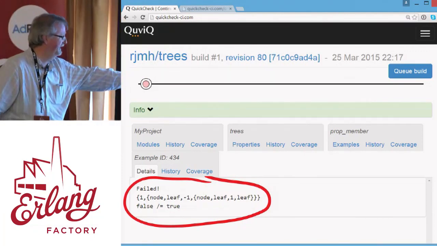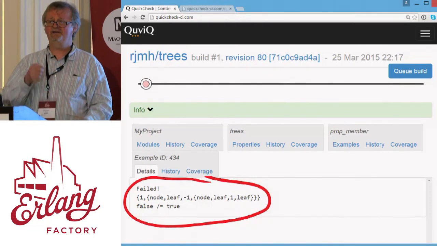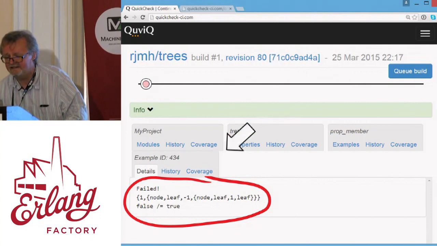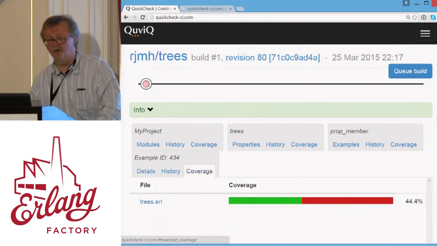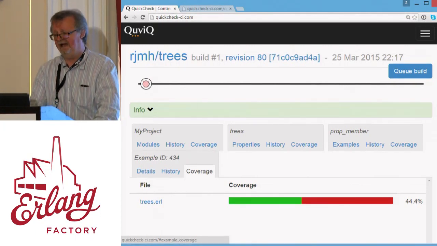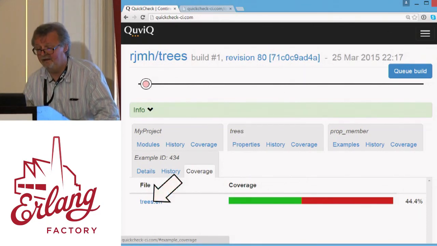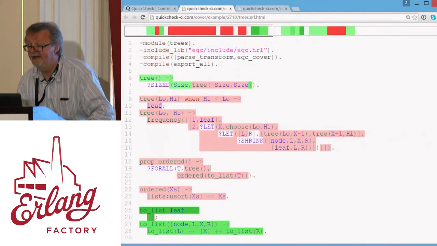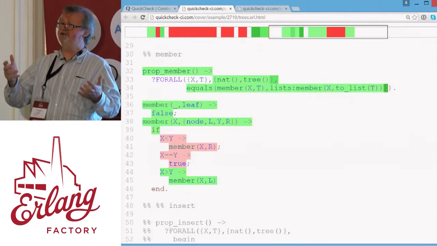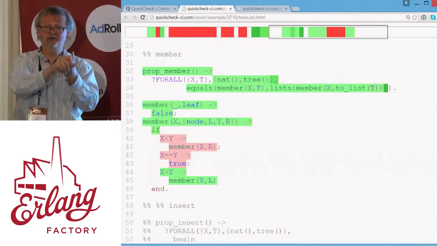Do you see there's a coverage entry for this single test? That'll show me the coverage of just this test case. Let's click on that. Oh, this test case only covered 44% of the code. That's good. I know the bug must be in the covered code. So let's look at the file. Here it is. And scroll down. OK, now remember, this is the coverage of a failed test. So red is good, and green is bad.